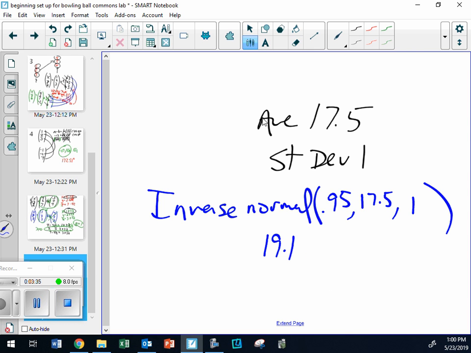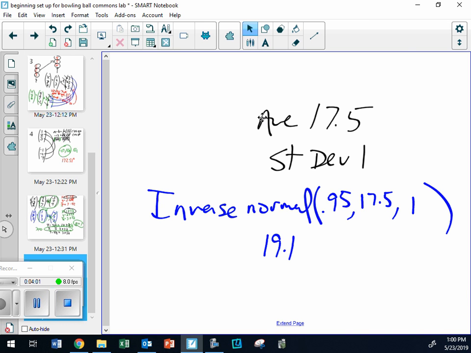19.1, you could say that that's what you need, but you can't actually get that on a test, can you? All right. If they go by half points, then what's the lowest score you could get? 19.5. All right. And now some of you are like, but it was out of 19. Well, the calculator doesn't know that. The calculator doesn't know how many points were possible. All right. So I know that can get messed up in the real world.